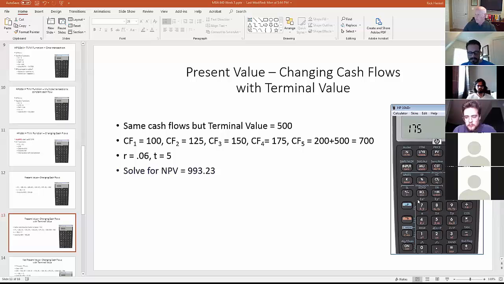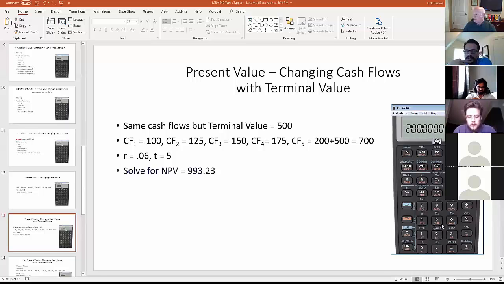You see that I use that from time to time. That's cash flow at time 4. And now this $500 that I would get at the end of year 5 if we're selling this investment or scrapping it has to be added to the cash flow for the same year because it's happening in the same period of time. So I will say 200